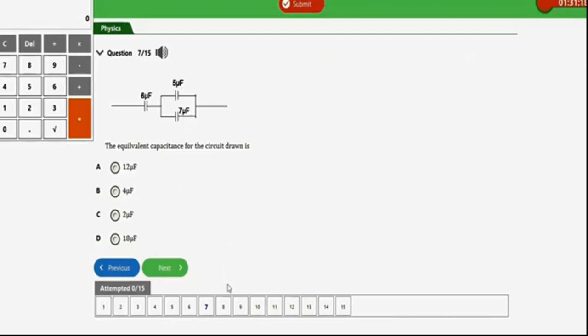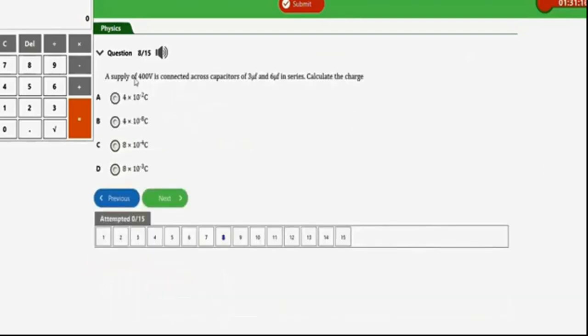So the next repeated question will be this one. It says a supply of 400 volts is connected across capacitors of 3 microfarad and 6 microfarad in series. Calculate the charge. Okay, so to calculate the charge, we're going to make use of this formula: capacitor equals charge over voltage. So we have a series connection here for the capacitors. So this tells us that it's going to be 1 over 3 plus 1 over 6, 1 over C equals